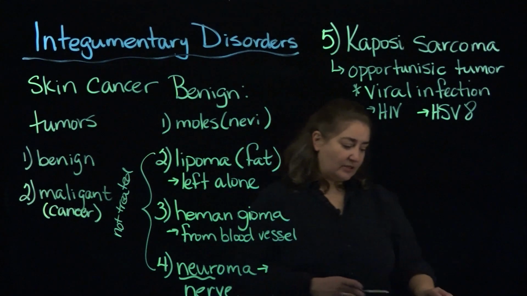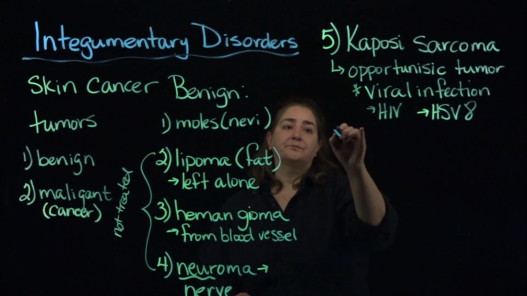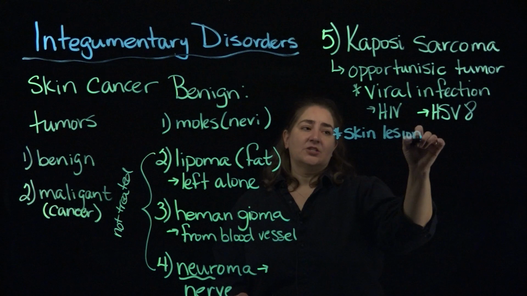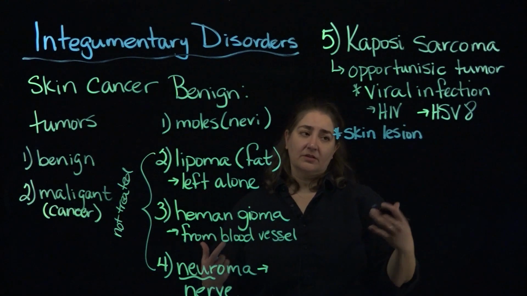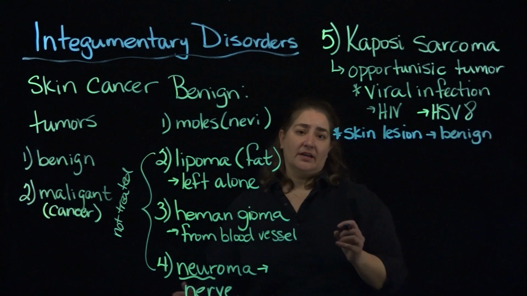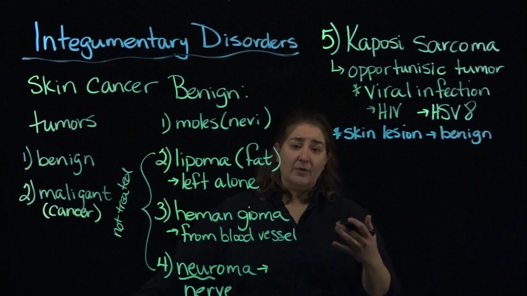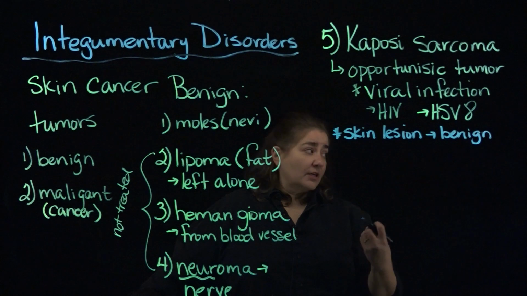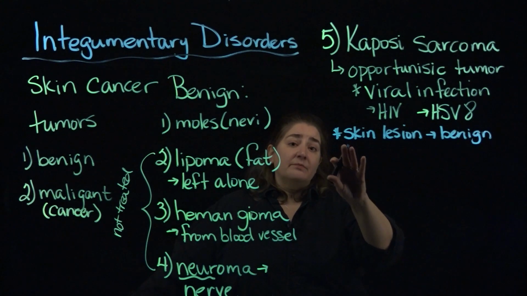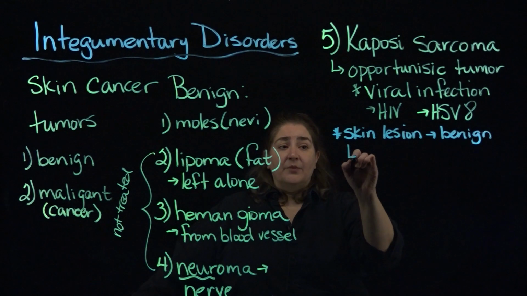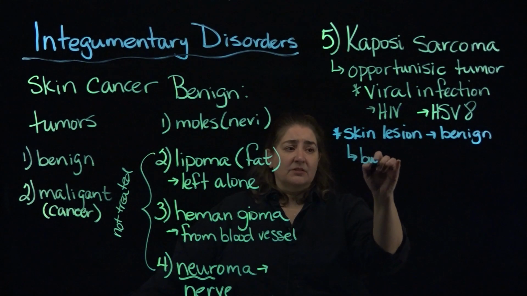And with this type of tumor, the skin lesion, as long as it's on the external surface, as long as it's on the skin, it's completely benign. It doesn't look pretty, and I've got a picture in the PowerPoint that shows an individual who's kind of covered with the lesions associated with Kaposi's sarcoma. When it's associated with the skin, it's not considered cancer. But because this is biology and we have exceptions,